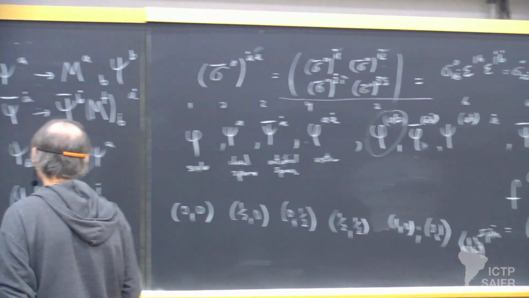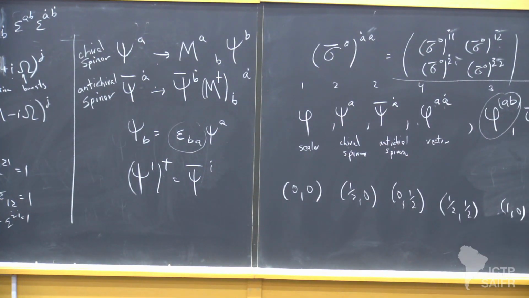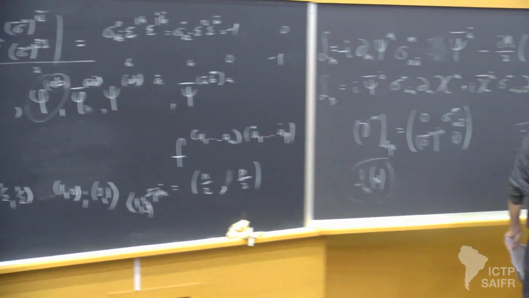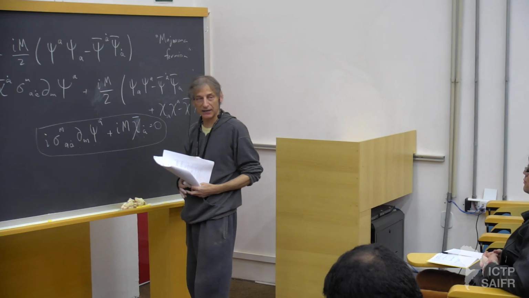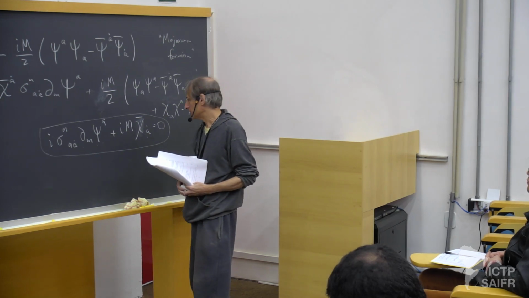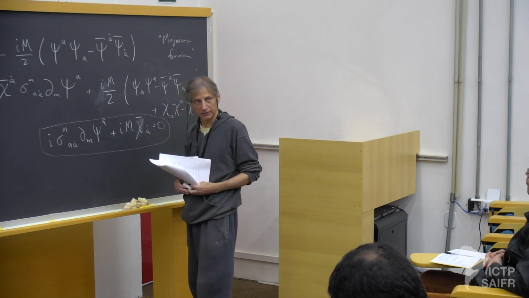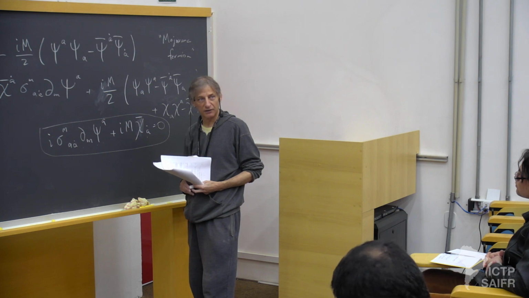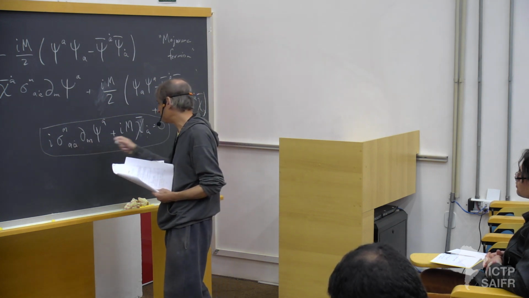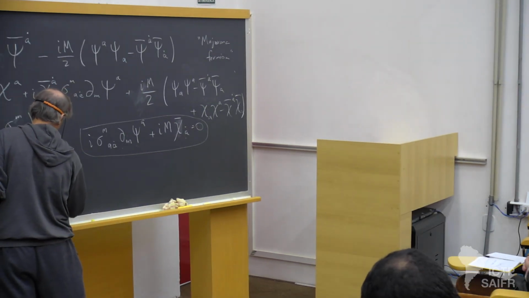Okay, so why does this imply that, for example, the mass squared of psi is equal to p squared? Okay, so this equation here you can think of as the square root of the Klein-Gordon equation. So if I do this twice, let me just show that. So if I take